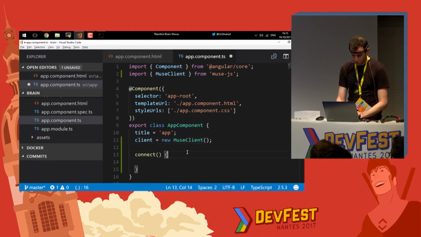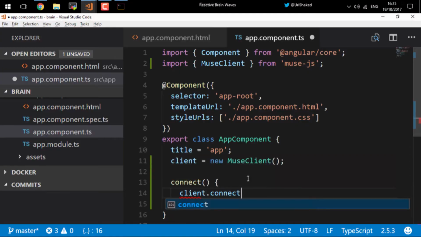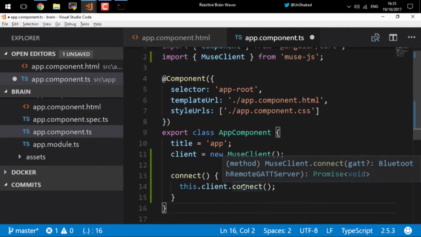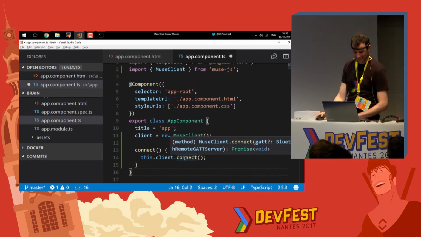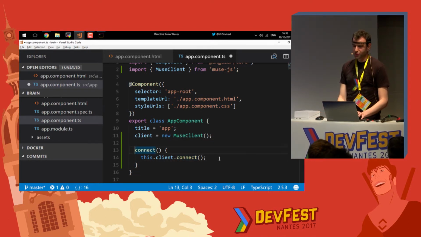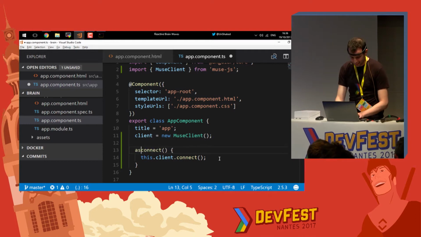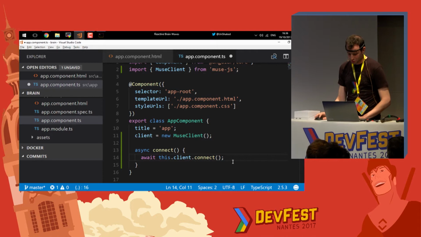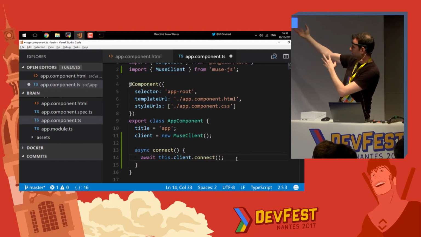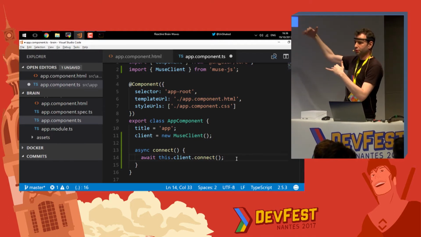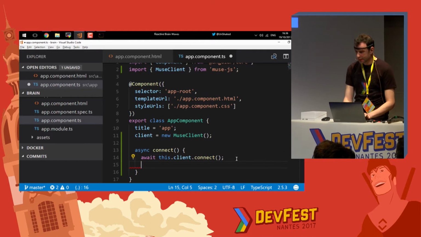The next thing I'm going to do is call the connect method to connect to my Muse. Now, this.client. You might notice that this connect method returns a promise. How many of you are familiar with promises? Very well-educated audience. I like that. So we're going to use a new feature of ECMAScript called async await. For those who are not familiar, await is simply syntactic sugar that replaces then. So instead of doing then after each promise, I just await. And the next line will be executed once this